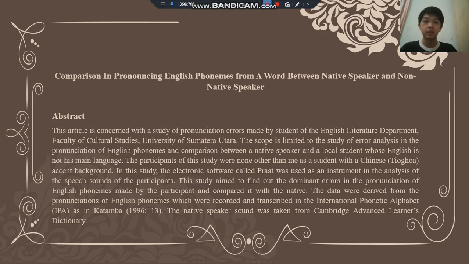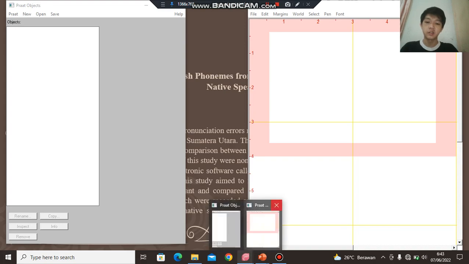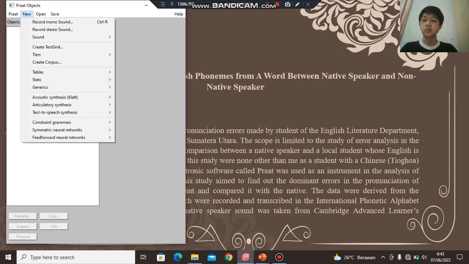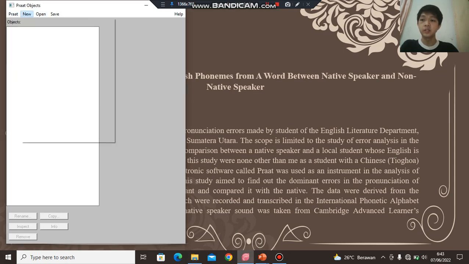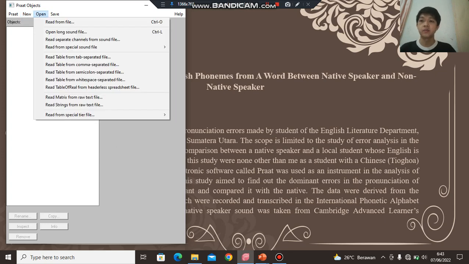I'm going to explain how Praat works and how we are going to analyze the voice and the sound. Okay, so here we are, and the window that we are going to choose for this Praat software is the left one, the Praat Objects. Meanwhile, the right one, we are not going to use it. So now, if we are going to record a sound, we can use this Record mono sound to record our sound to be analyzed. But since I have already recorded and have the file, we can use this Open, Read from file,